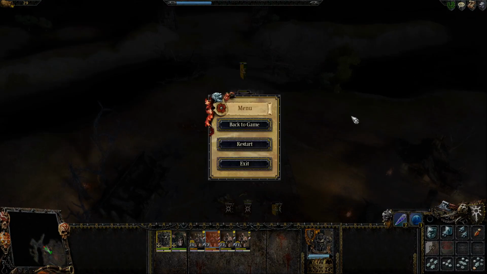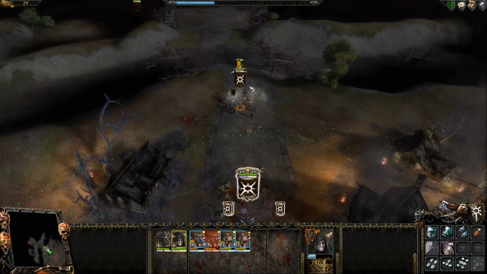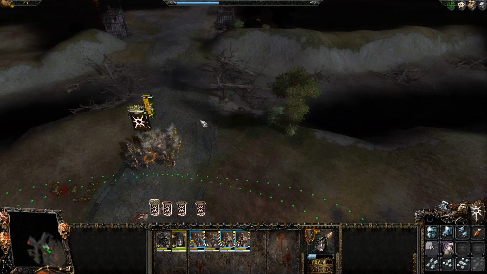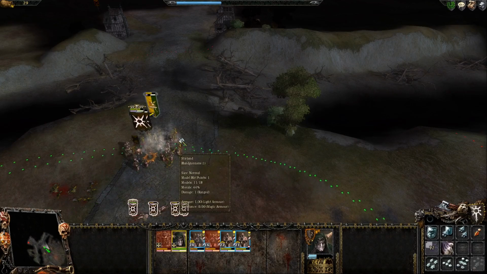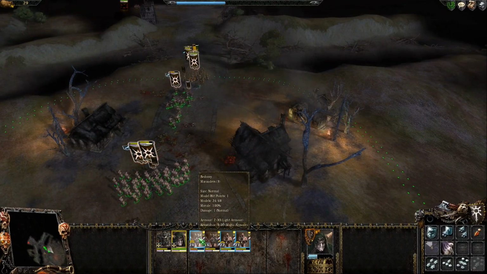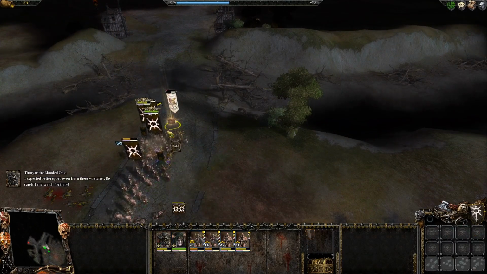What I was trying to say is, your units will automatically engage the first unit they come across, so you will have to consider your movement carefully if you want to avoid engaging the wrong enemy. So as you can see, I specifically ordered my marauders to go and attack the long-range fighters, but...